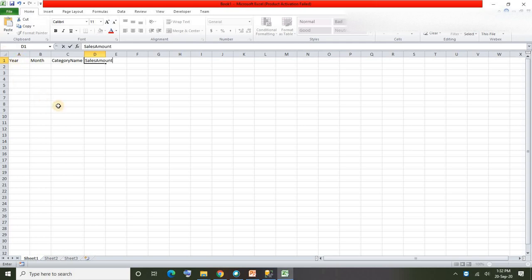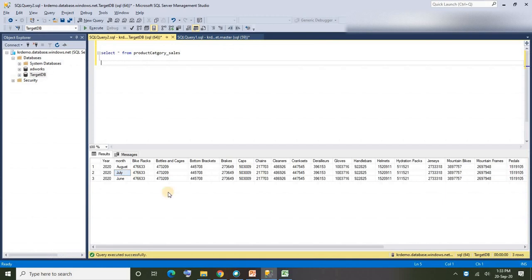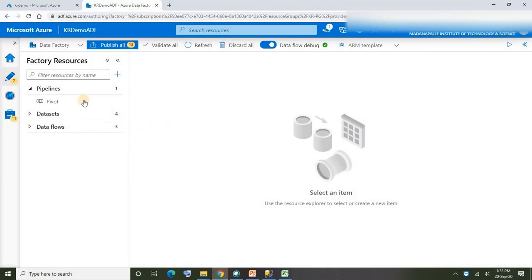So in our target table there should be only 4 columns: year, month, category name, and sales amount, and respective values under those. Likewise I want to have it for other months and other categories as well. Okay, so fine, let's go ahead and unpivot this data. Let's build the pipeline for that.